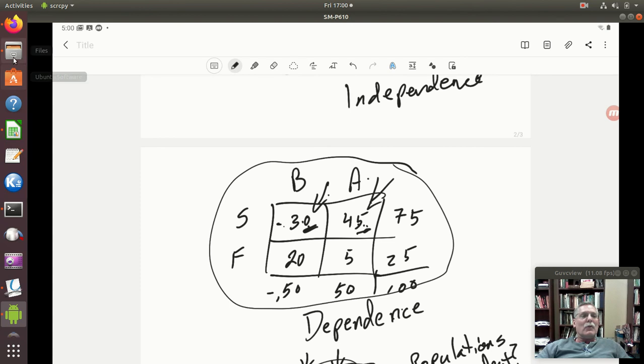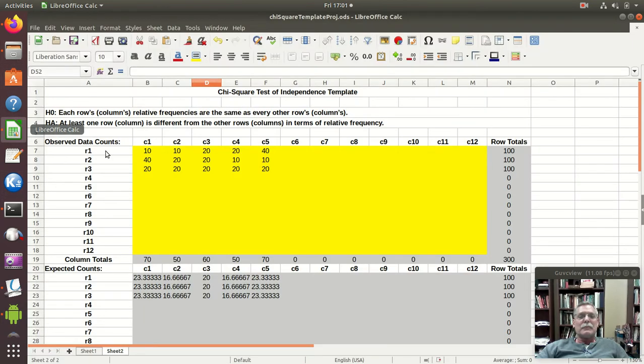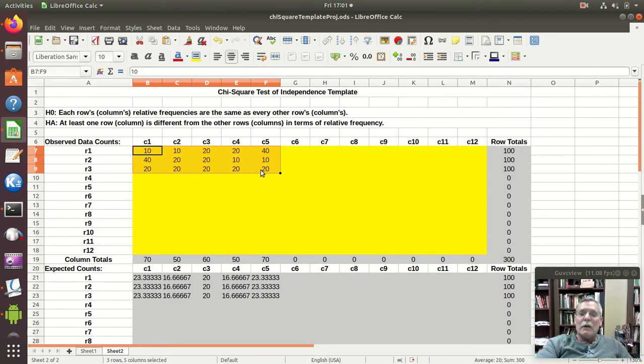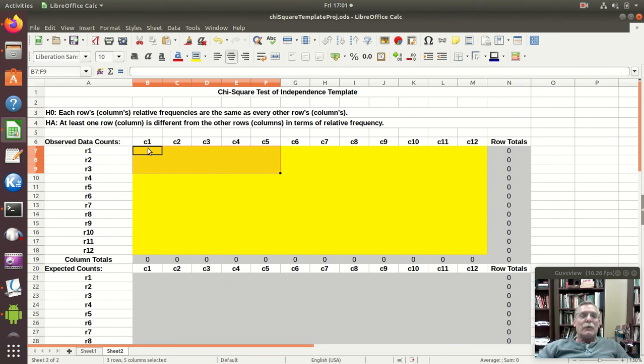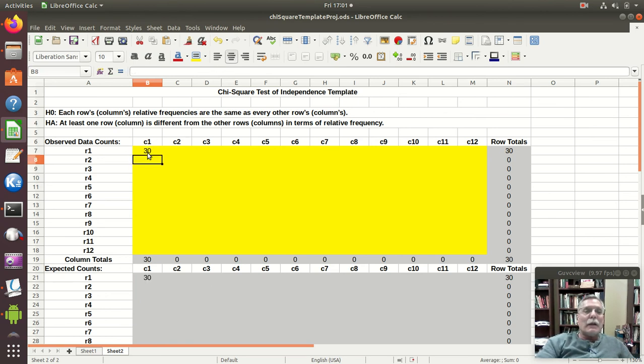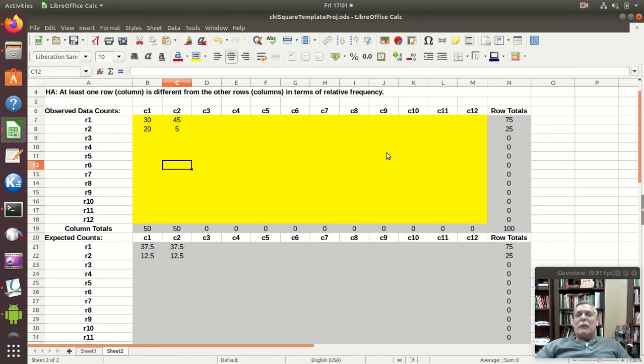So let me go here. So there's our template. I'm going to get rid of all that. I'm going to try to get rid of all that. And so we had 30 and 20 and 45 and 5. Now notice what happens here